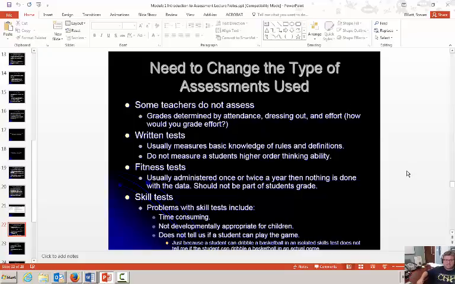So there's a need to change the type of assessments used in health and physical education. If we think of maybe some teachers, not all teachers, but some teachers just don't assess. And perhaps their principals aren't currently enforcing that, so there's no need to do it if it's not being enforced. However, I would say to you that in the interviewing process for sure, and then also in your teaching jobs,